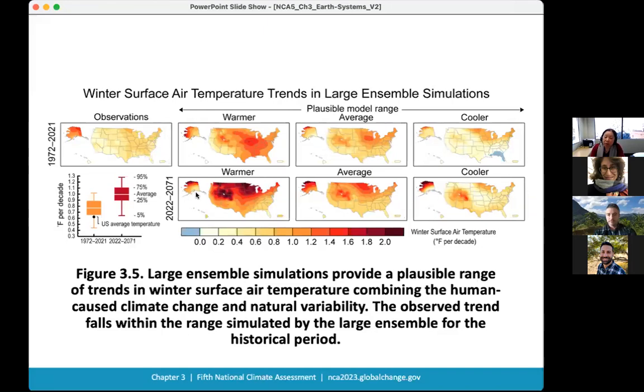And then using the 100 ensemble members to project the future, again, you can see between 2022 and 2071, some ensemble members can project much larger warming than others, but overall, the average warming represents the ensemble mean, or the most plausible warming scenario that is projected for this particular time period. So the large ensemble simulations are really useful, a really important tool for us to better distinguish the warming that is driven by anthropogenic forcing, like carbon dioxide, and also the fluctuation that might come from natural variability.